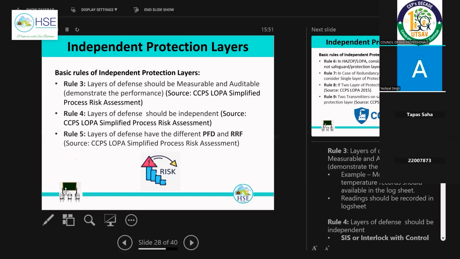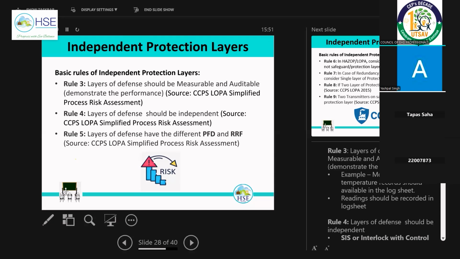Now different layers have different PFD. For example, a control system, say a temperature control system, control valve and temperature transmitter, the complete loop. Normally the PFD is 10, once in 10 years, we can say. For a PSV, if it is a clean system, it is once in 100 years, so the PFD is 100. If it is a contaminated system, normally we take a PFD of 10. So there is a guideline already mentioned. Suppose in case of car-sealed open, car-sealed close valve, lock open, lock close valve, again the guideline is there.